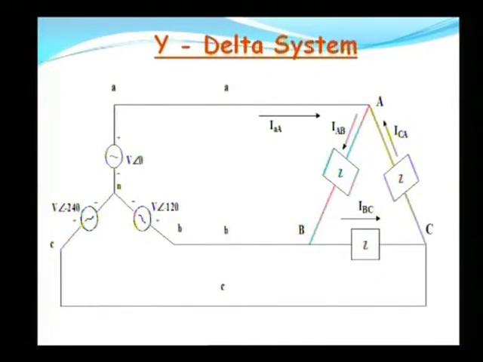But if you are talking about the line current, if the current is flowing from line C to A, then it is denoted as ICA. It means the current flowing from the C line to the A line. Then the current IBC is flowing from the B line to the C line, and remember both the voltages and currents are in capital letters. Then again the arrow of IAB is downward, A to B, and that is the current between line A and line B.